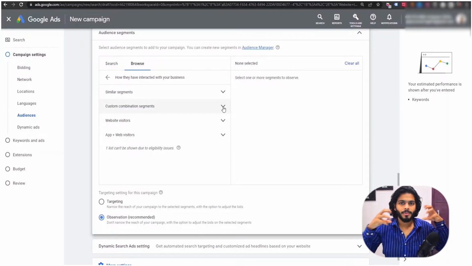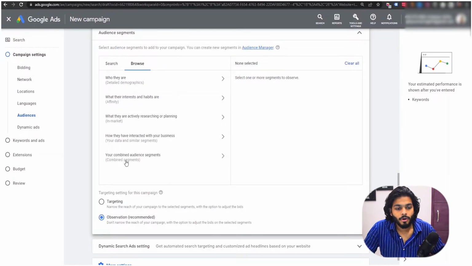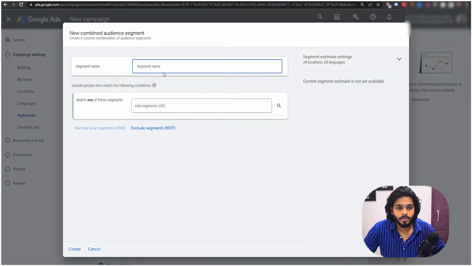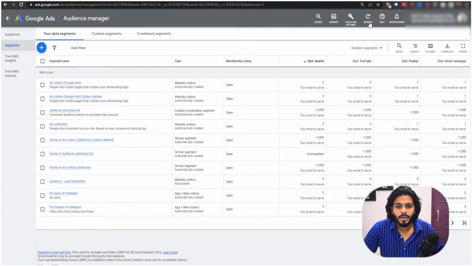You can create multiple segments from multiple sources like keywords, apps, and website visitors, and then you can combine them and target them. Website visitors who have come to your business websites, app visitors who have come to your apps, and multiple other things. Okay, let's remove this. Your combined audience segment, again, is the same thing, targeting from the combination of website visitors and multiple sources. You can create a new combined segment over here only, and you can do it accordingly over here. Let's remove this, and now we will go to